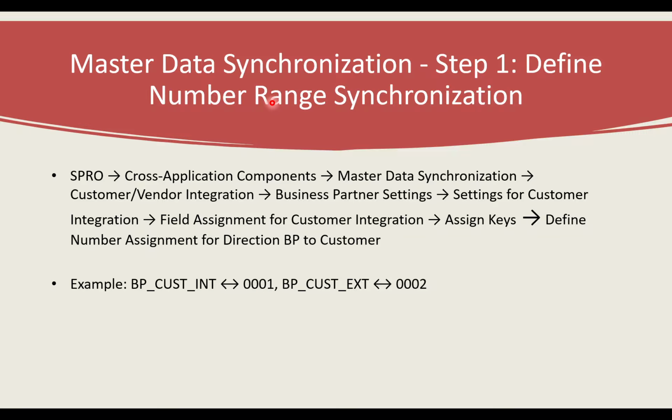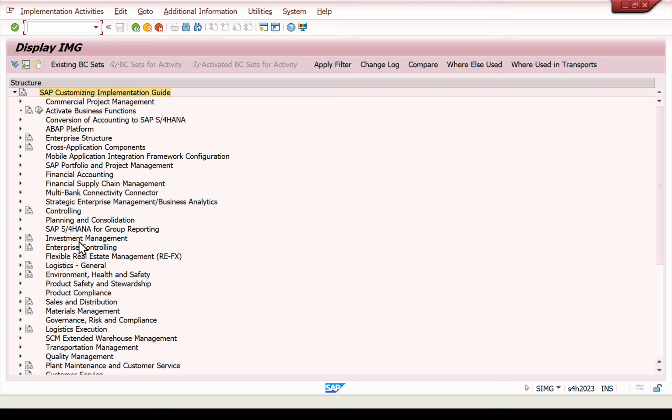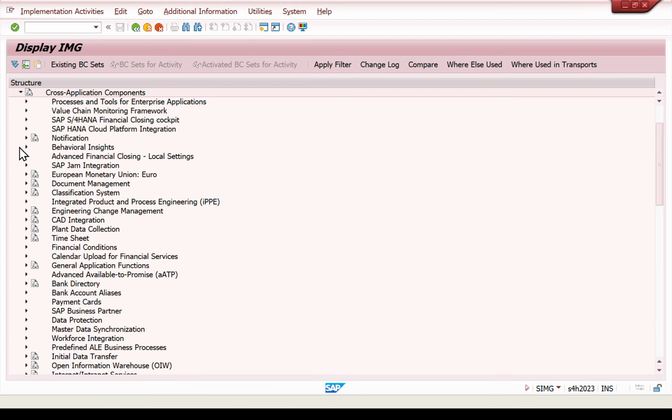Okay, let me go to SAP first. Yeah, I just opened SAP. So what is our first step? Defining the BP roles, right? Okay, let me go to the path: SIMG and cross application components. Here you can see